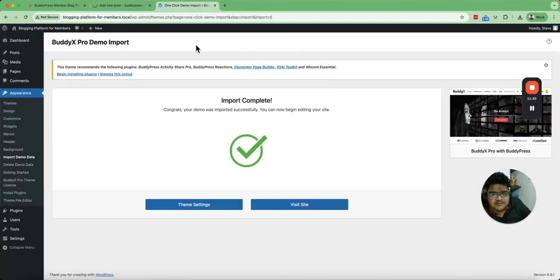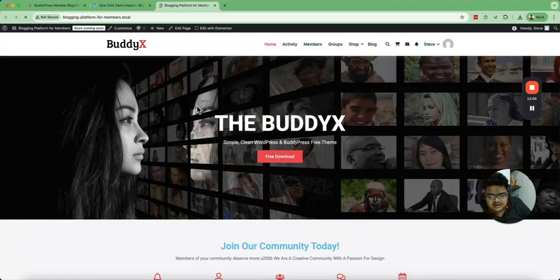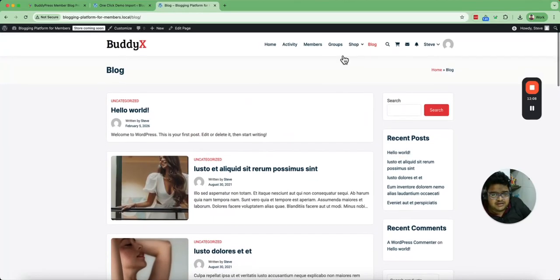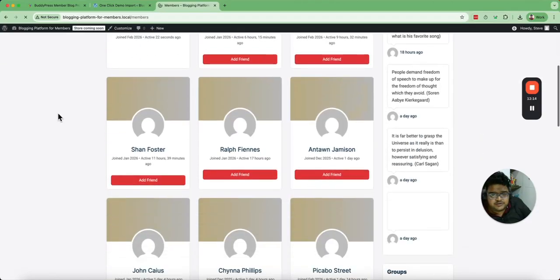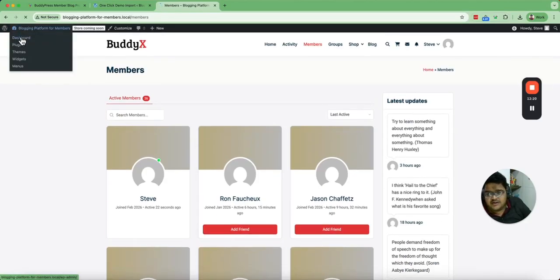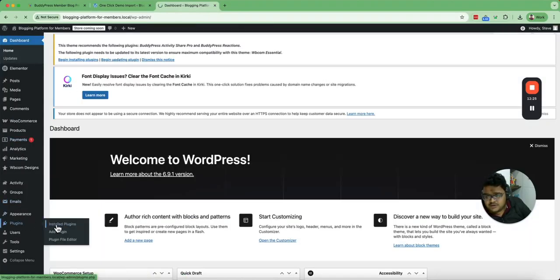Let's have a look at our website, which we are going to build from scratch. So now with our theme BuddyX Pro, we have imported a complete live website where we have a lot of members, and we have a site-wide blog section, and everything is written by the admin only there, and there are a lot of members here. So now if you want to allow all these members to also blog from their website, all you have to do is get the member blog plugin, go to the plugins,